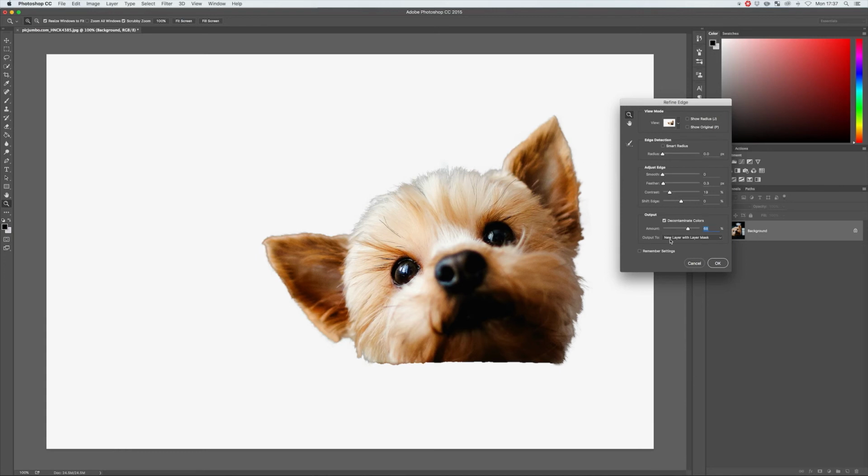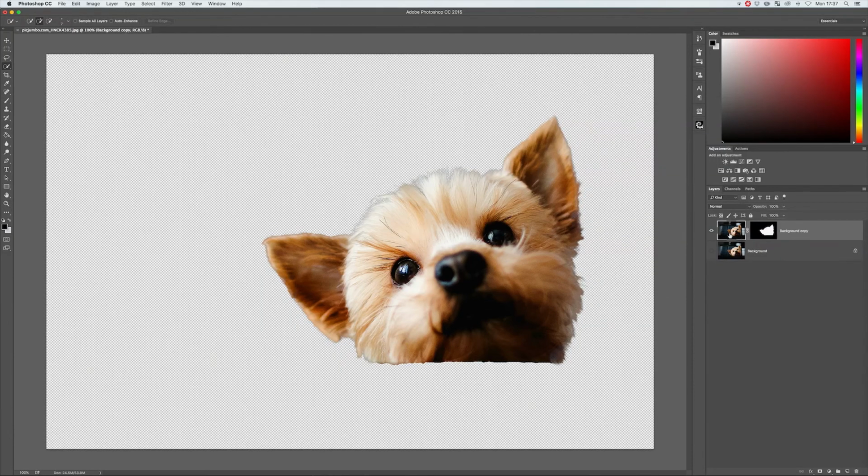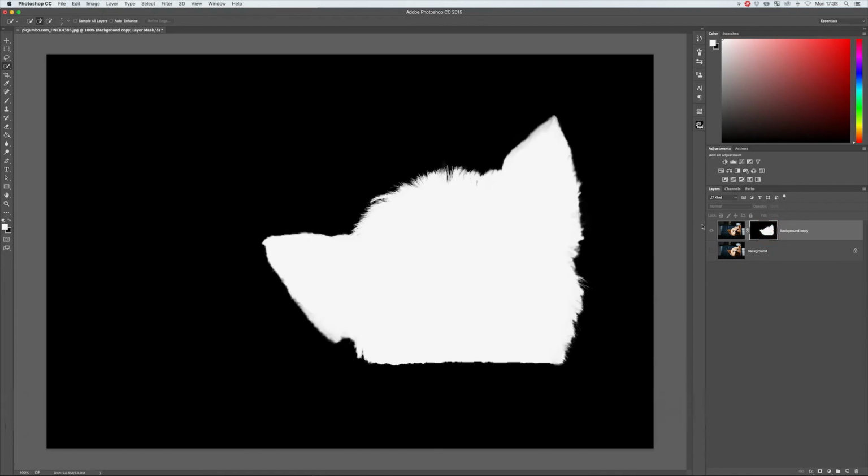And this is going to create a new layer with a layer mask. So it won't be able to just add this to our existing layer. It's going to duplicate it, and we'll go from there. So now we have our new layer. It's turned off the background and we have a mask. So if I hold down Alt and click our mask, we can see